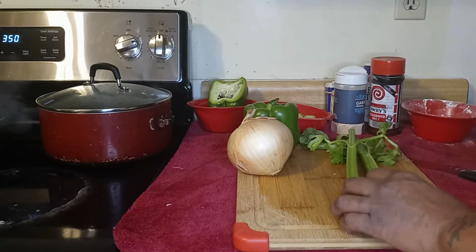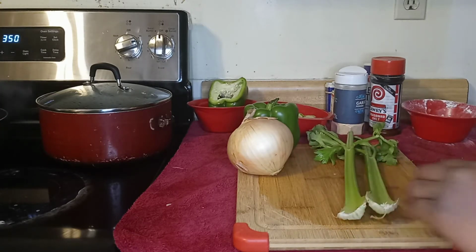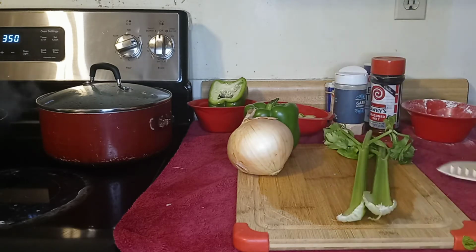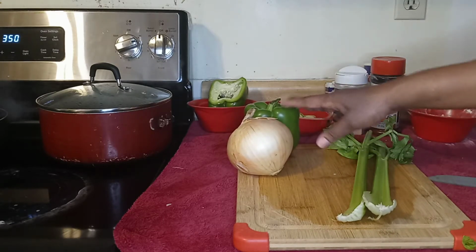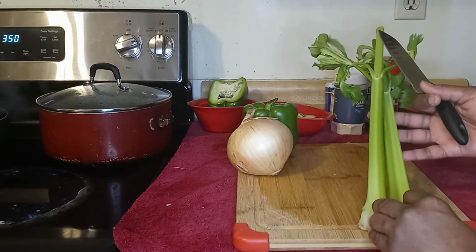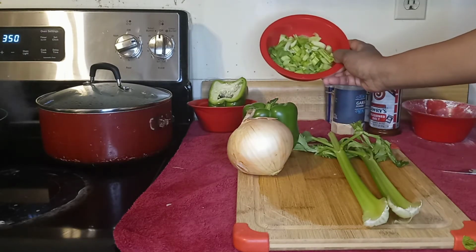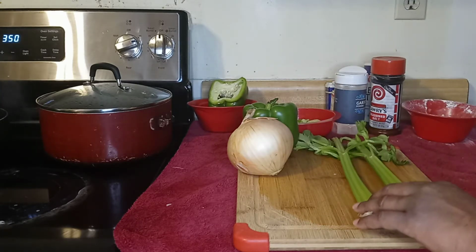My name is Tiffany, and this video right here will be part 1 on prepping chicken and dressing. We're going to use celery, onions and green bell pepper as our vegetables. I have 2 right here, but we're going to use a total of about 5 of them. I have cut about 3 of them in here, just according to how big your dressing is going to be, but mine is not going to be very, very